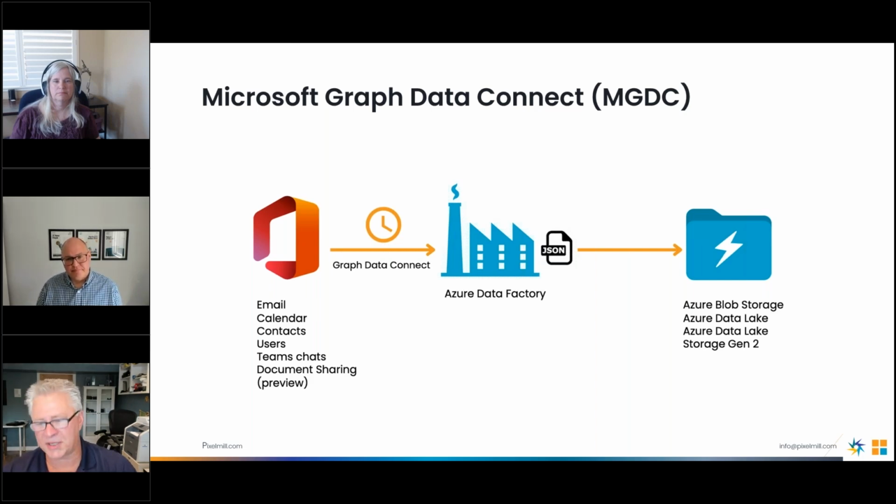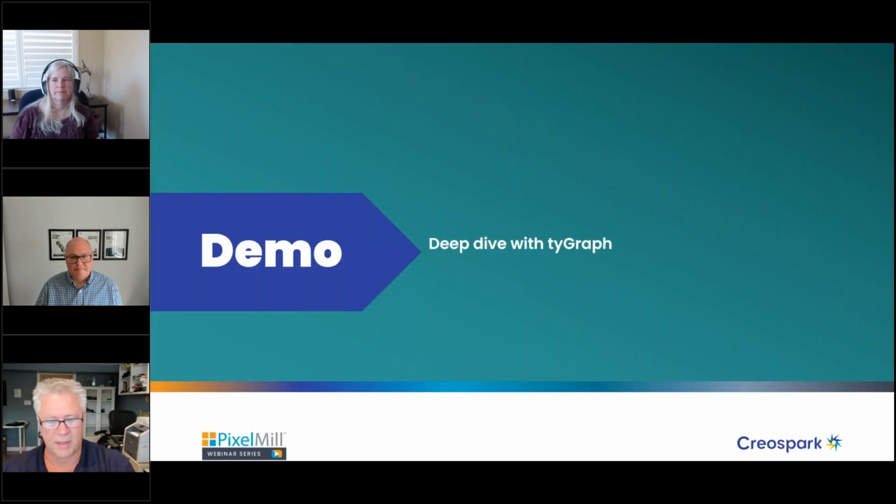There is a cost for working with this, 75 cents per 1,000 rows of data, but it can do this in an offline fashion, so you're not having to pound on the graph endpoint, which is how you would otherwise go and get your inventory data. But that's kind of what your options are out of the box. As I mentioned, increasing complexity. We're landing on this thing that basically gives you JSON files. You're going to have to go build your reporting solution around that, but it is all available to you should you need it. And with that, I think that's all of the out of the box sections I was going